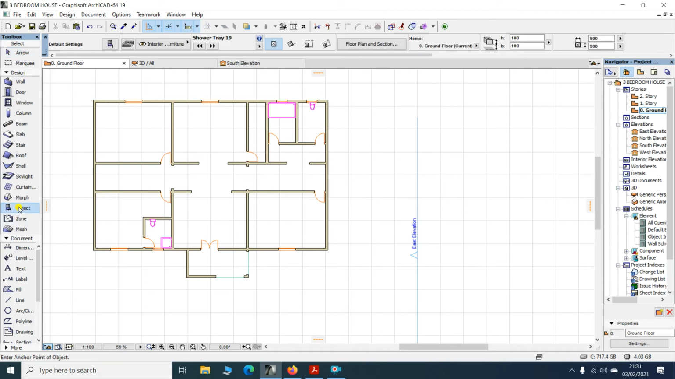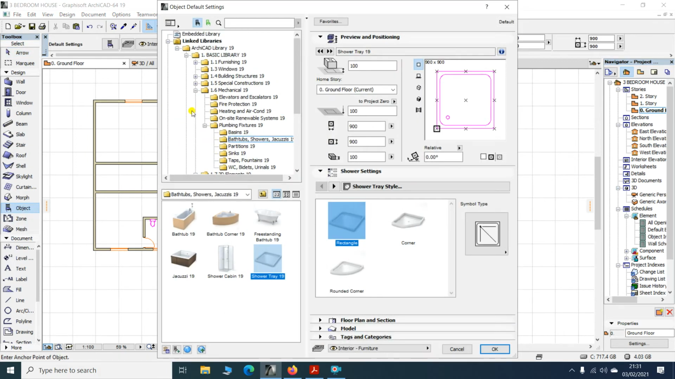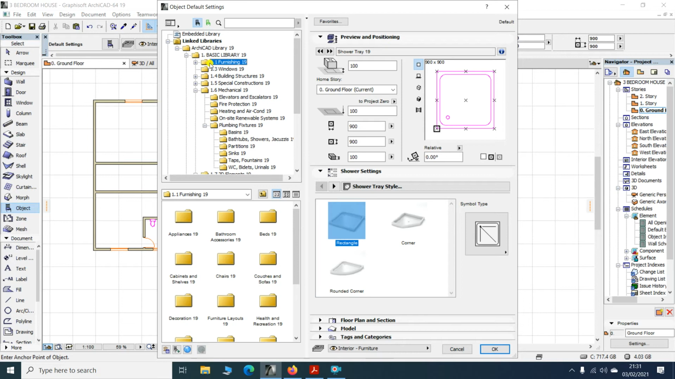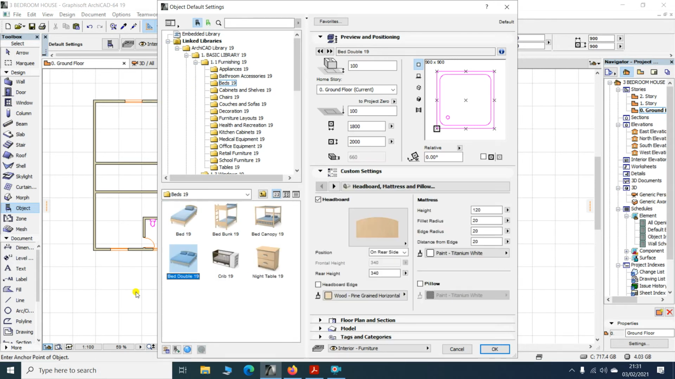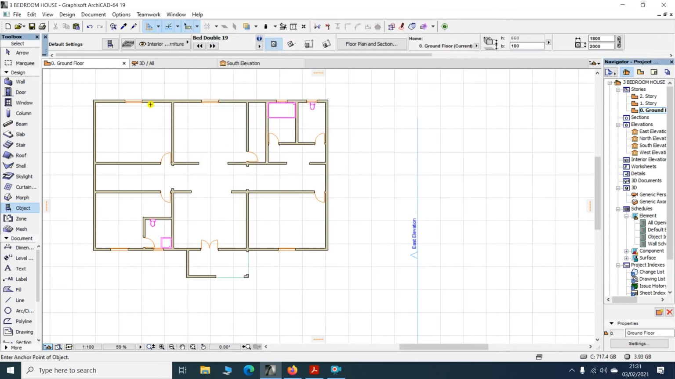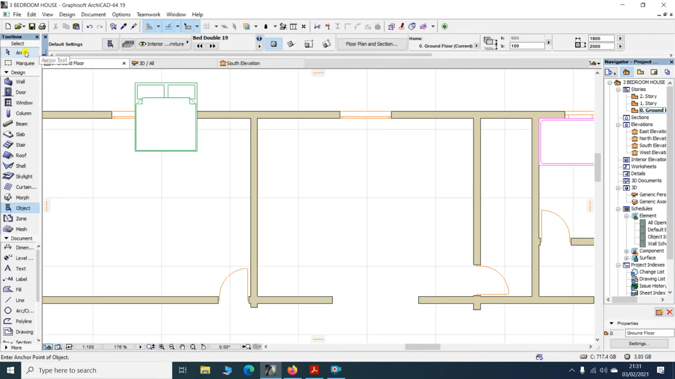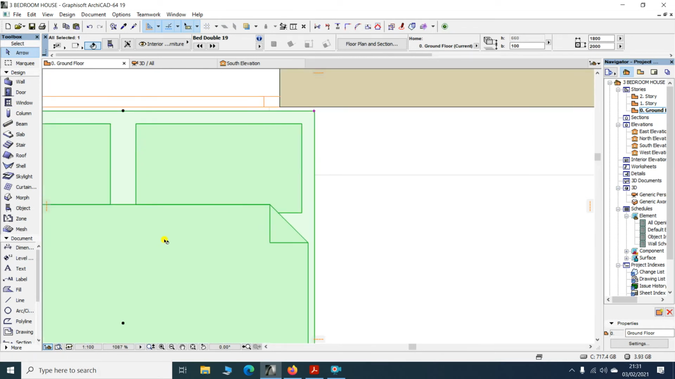So we shall go to objects and then we go to furnishing. Under furnishing you'll get appliances, bathroom accessories, beds. So we can place beds first. I used a double bed, so I click on that bed. You can change the dimensions if you wish to change, and then click OK and come and place your bed over here. And then you press Ctrl D, you drag,